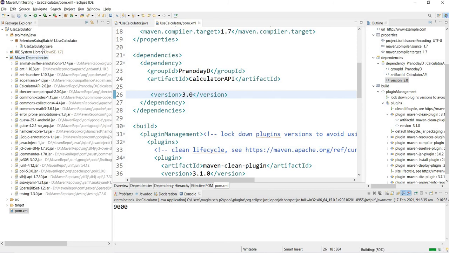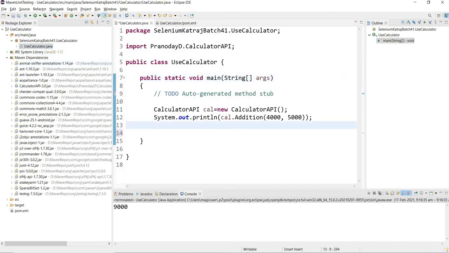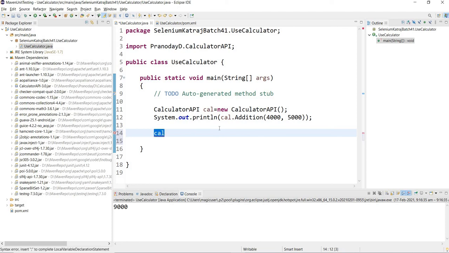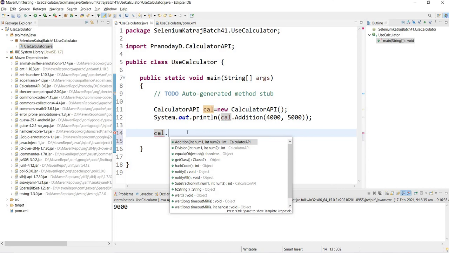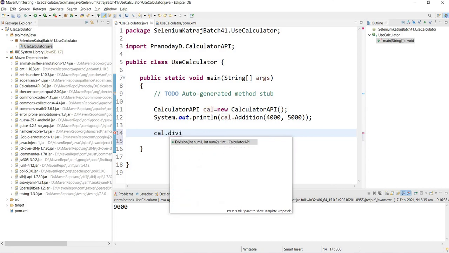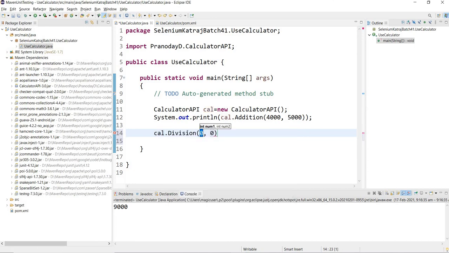So as soon as I do Control S, I will get cal dot division here, right? As a user, I want to get 2000 divided by 5. So this is my usage of that function.